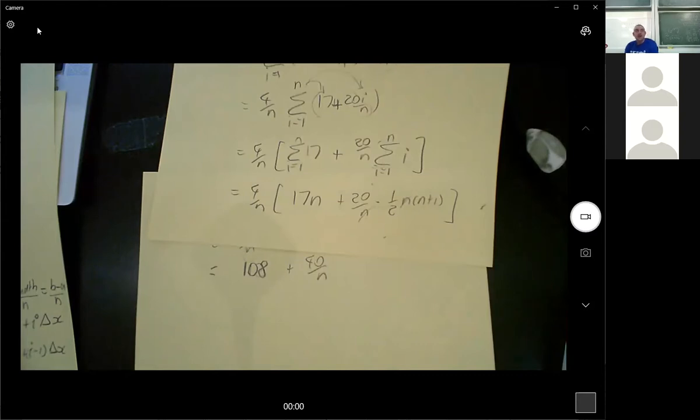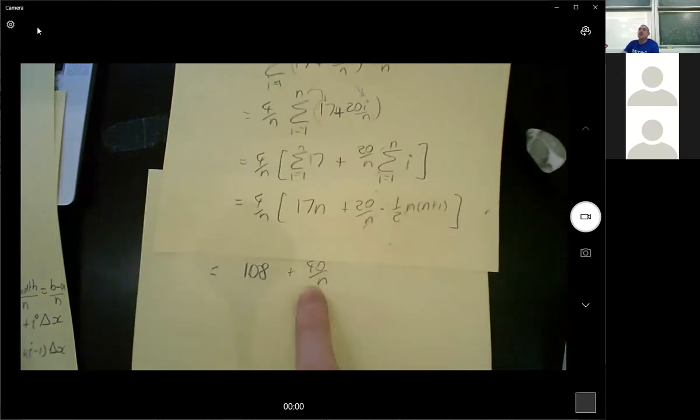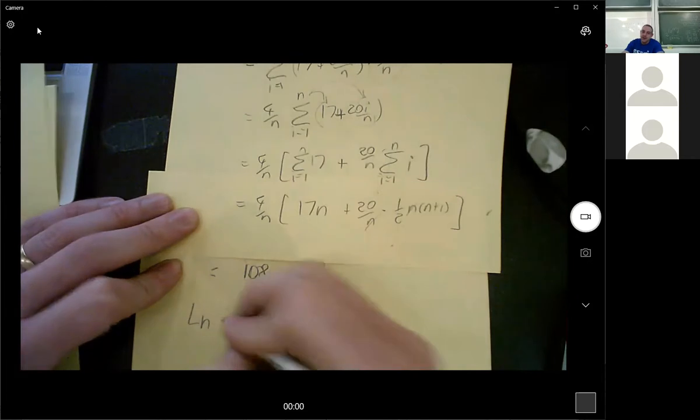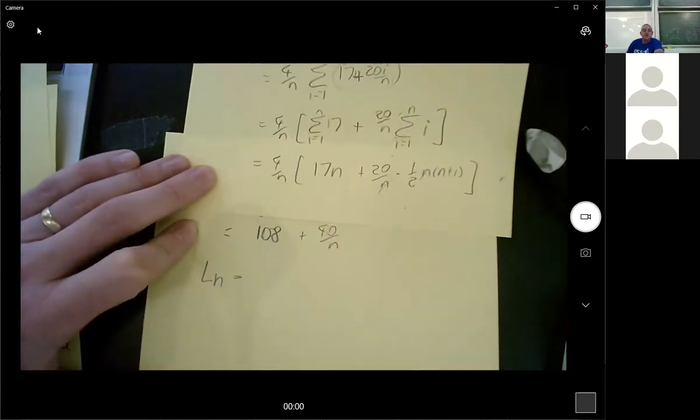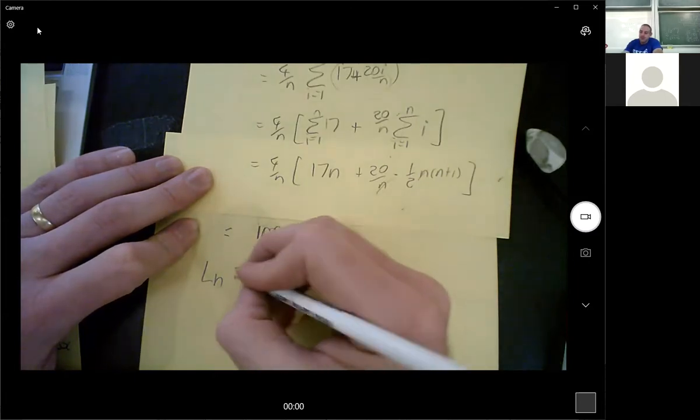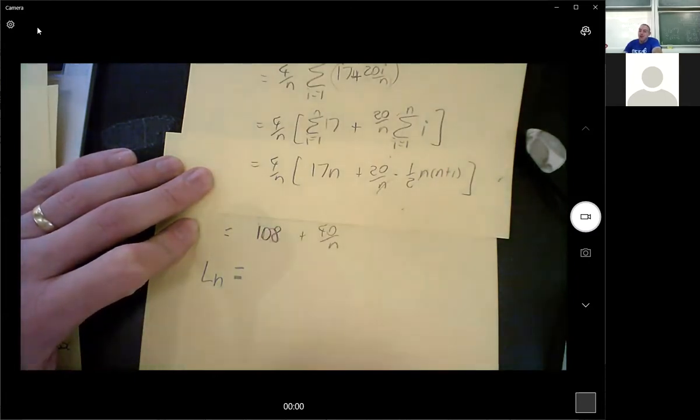And so that's the upper sum, which means the integral is going to be 108. Because it then gets bigger and bigger and bigger, this bit will go to 0, and this will be the answer at the end. Ready, here we go. Lower sum, we're nearly there. I've got 13 minutes. The lower sum,